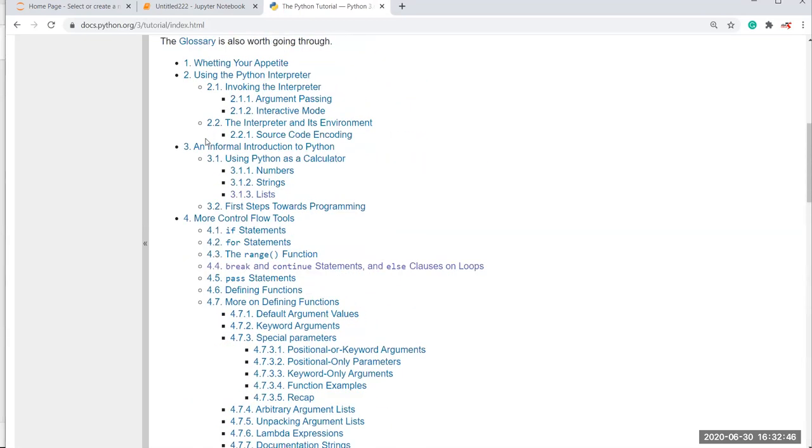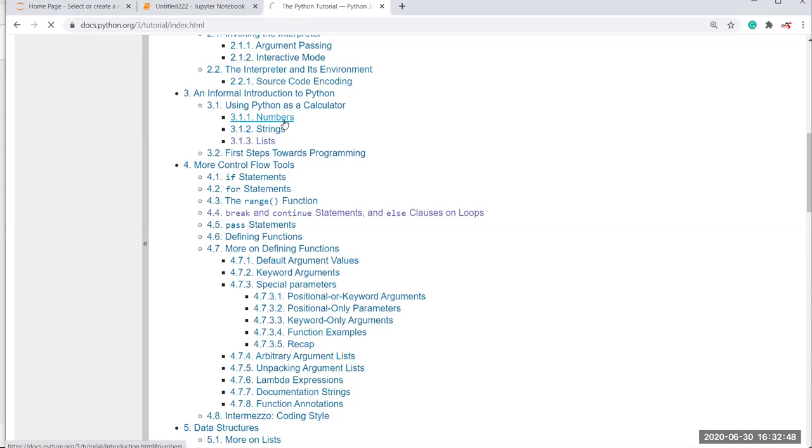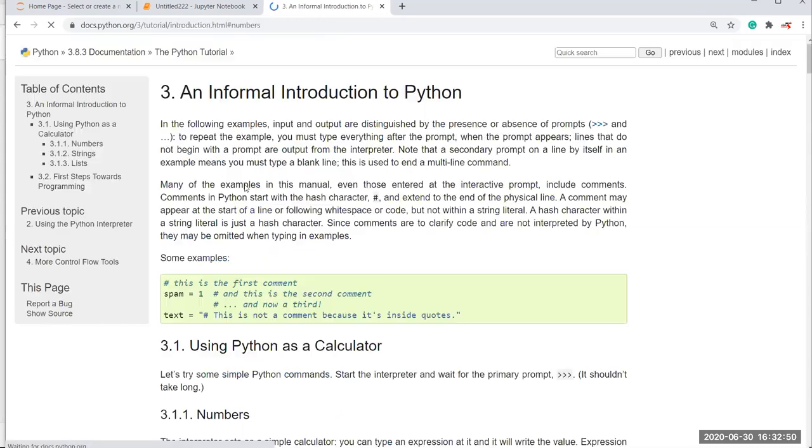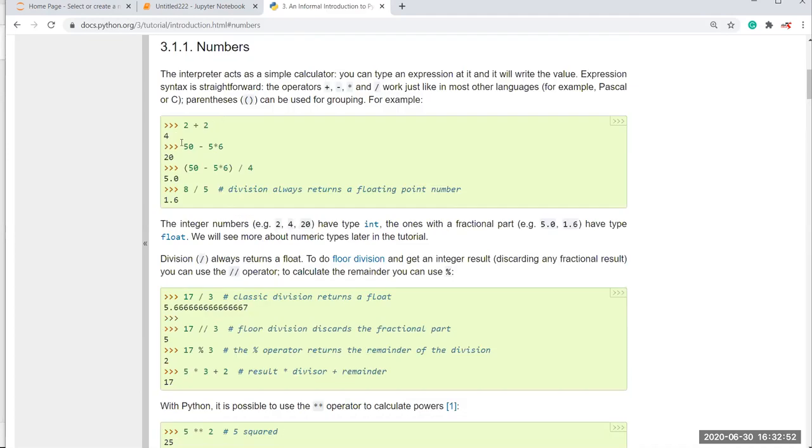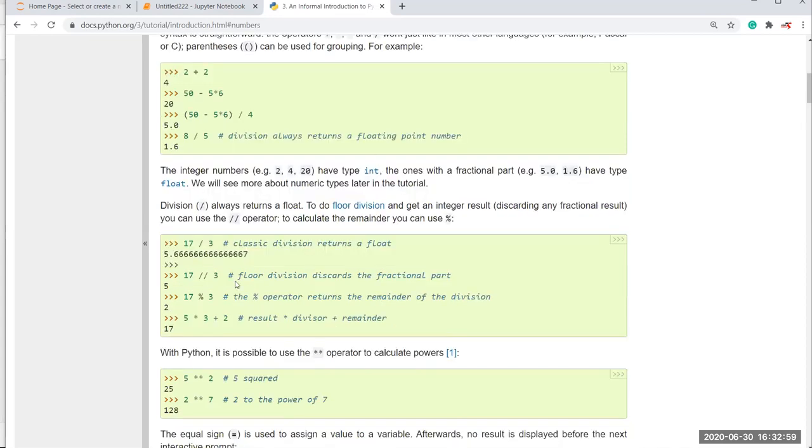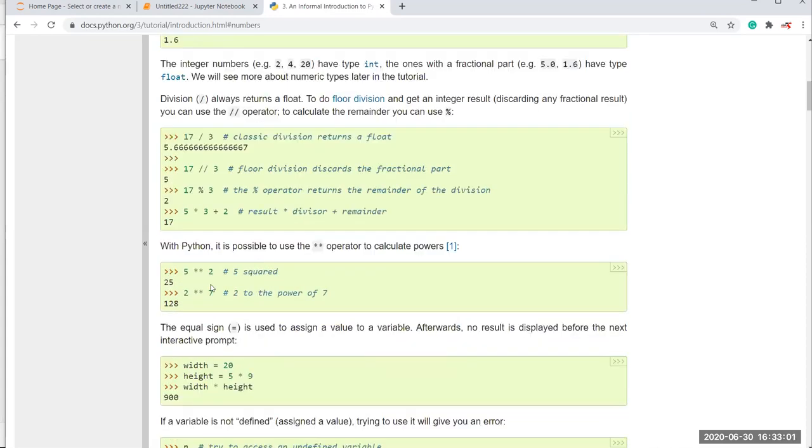Okay, so let's see. There is Python numbers, using Python as a calculator, and you can see here 2 plus 2 equals 4, and 50 minus 5 star 6 equals 20, and after that they are showing some calculations.